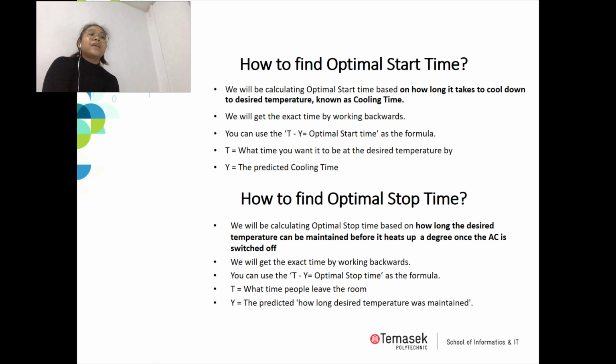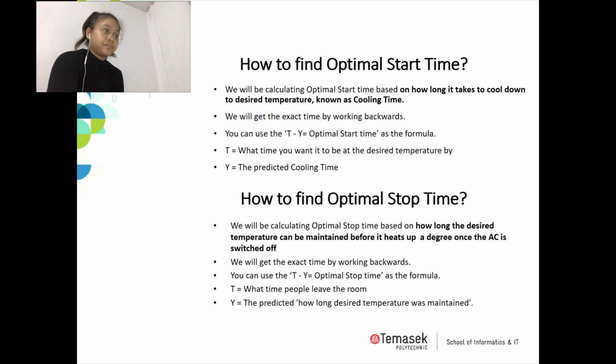predicted cooling time. Now for optimal stop time, we'll be using quite a similar concept, in which we will be calculating it based on how long the desired temperature can be maintained before it heats up 1 degree Celsius once the air conditioning is switched off. Once again, you can find the exact time by working backwards based on this formula, T minus Y equals optimal stop time. T being what time people leave the room, and Y being the predicted how long the desired temperature